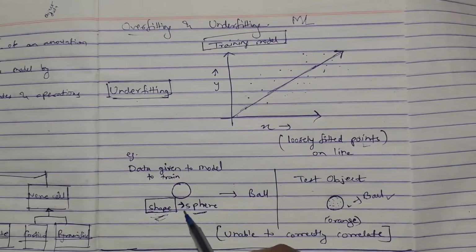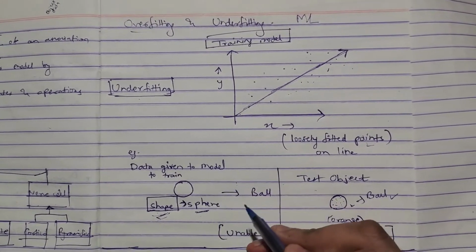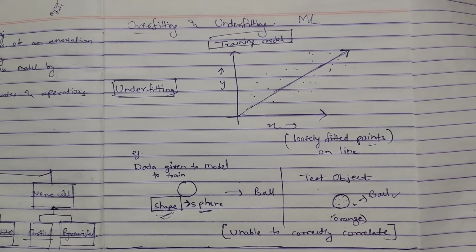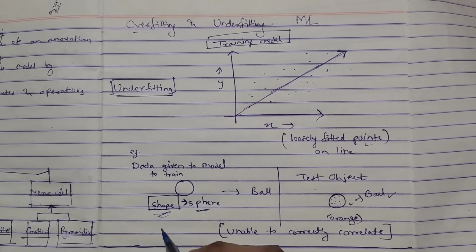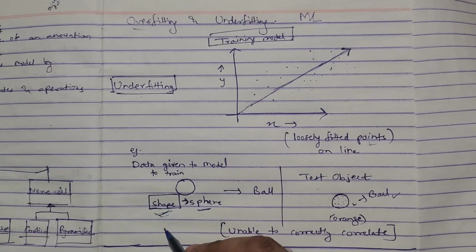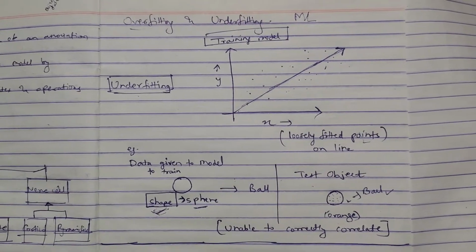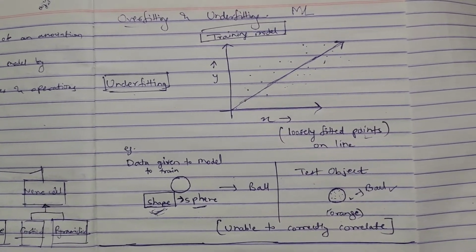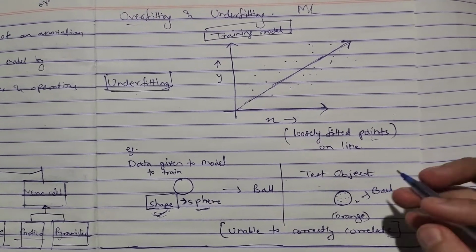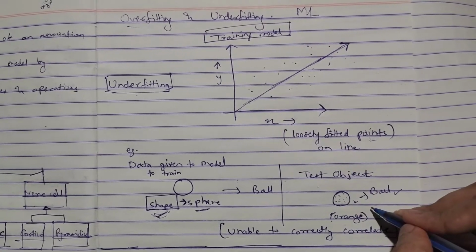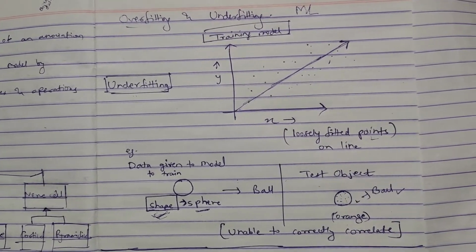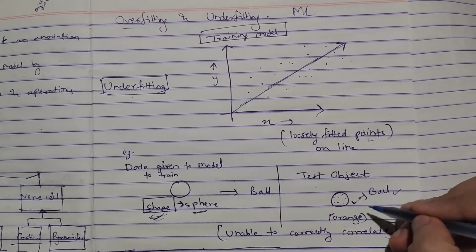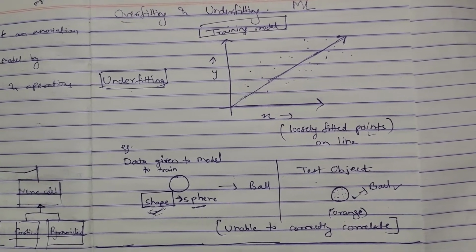For example, we train the model to identify any object as ball or not. Then we give it a dataset to train and we train it. Only one attribute is given in the dataset, that is shape. On the basis of this, the model has to identify whether the object is ball or not. After the training, we give it a test object, that is an orange. We know that this is different than a ball, but it has the same properties like the shape. It is spherical.